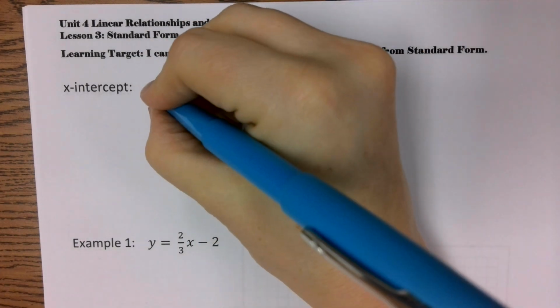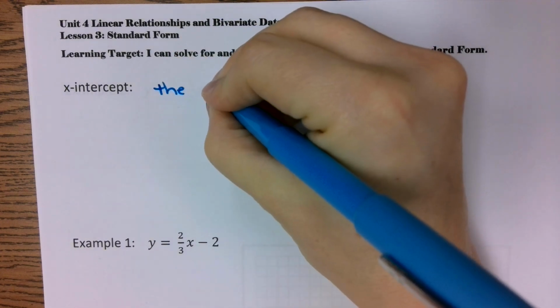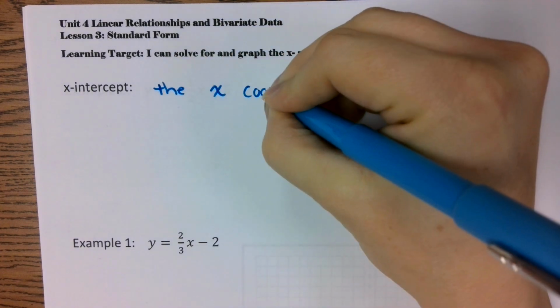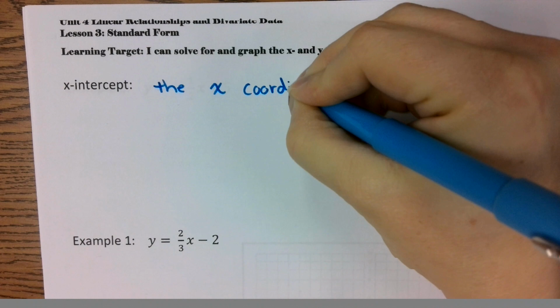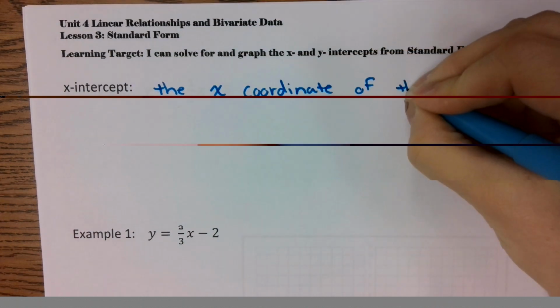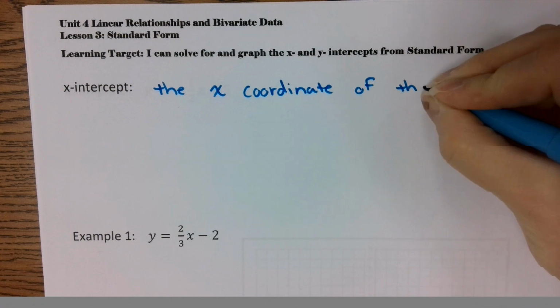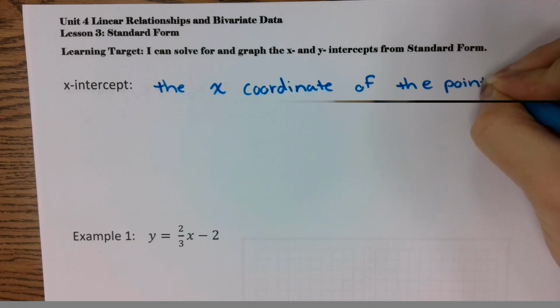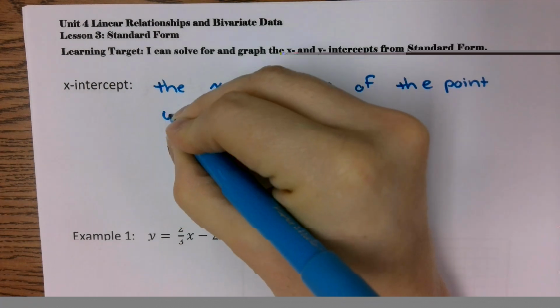So let's go ahead and write that down. This is going to represent the x-coordinate. So remember, we always discuss it as a coordinate plane or as a point. So it's crossing the x-coordinate of the point where the graph